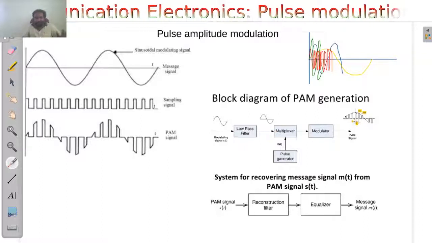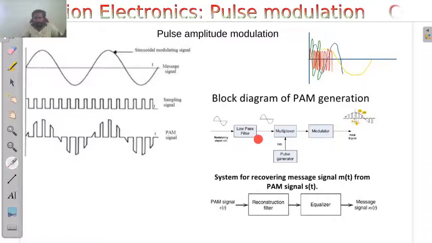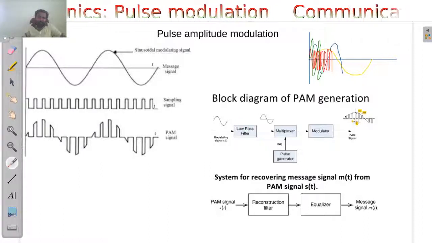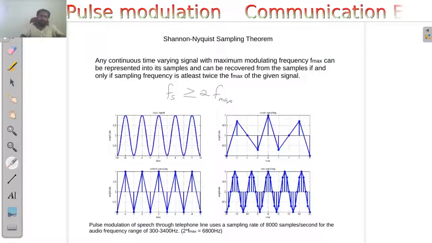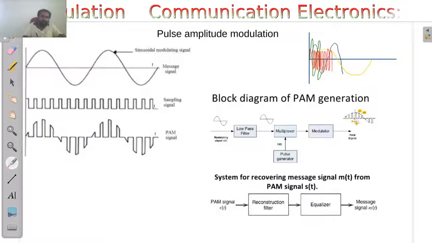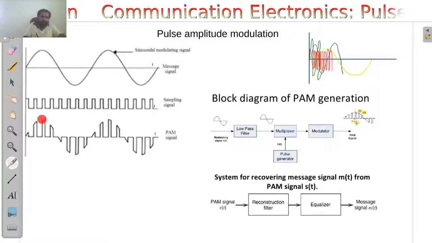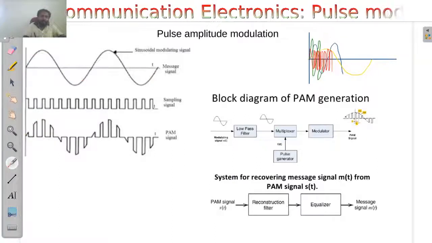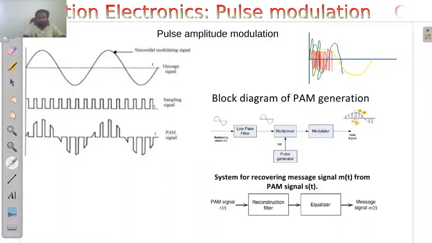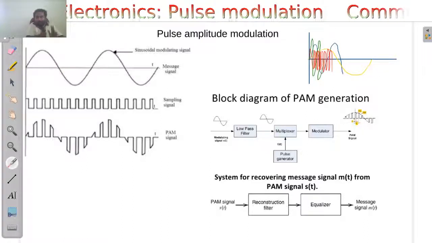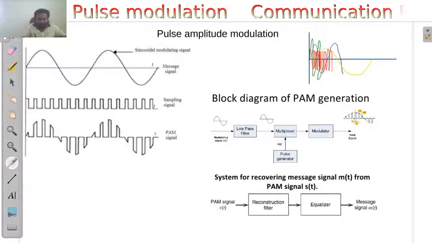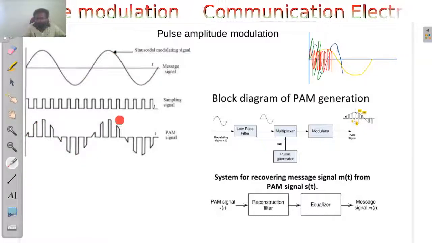Thus I can ensure that this is the maximum frequency that can come into the modulation system. That is why there should be a low pass filter, because whenever you are using pulsed communication, you have to sample the signal. Here what you are doing is you have sampled the modulating signal. So these are all amplitude samples of the modulating signal coded onto the carrier. When you are doing this, you have to ensure that this is the maximum frequency existing in your modulating signal, and you have designed the system so that it can convert only up to the maximum frequency.